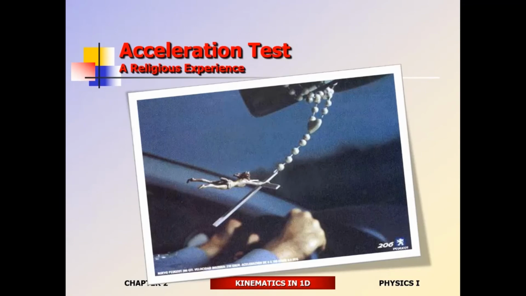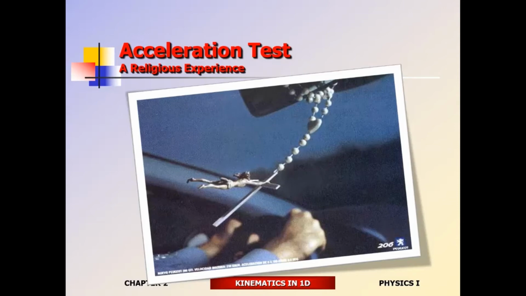Notice that Jesus is trying to keep up with his cross because of the acceleration. The acceleration could be a religious experience. So just imagine that I'm driving my souped up Tempo in the forward direction at 7 Gs. What happens to my body? My body's going to move in the opposite direction of the acceleration of the vehicle. These are test questions. What happens to the blood? Once again, it's going to get pushed in the opposite direction of the acceleration, towards the back of my body.